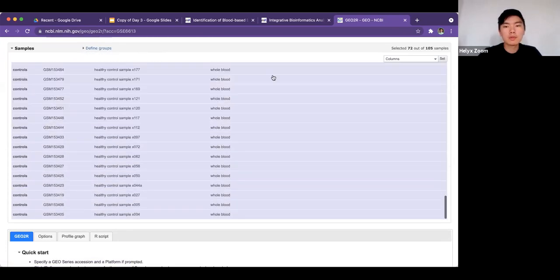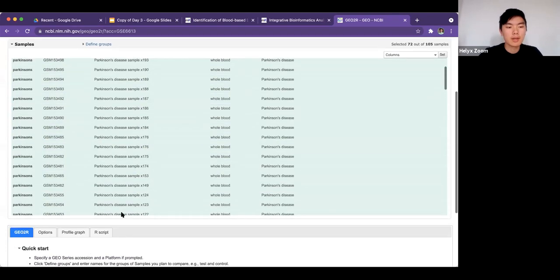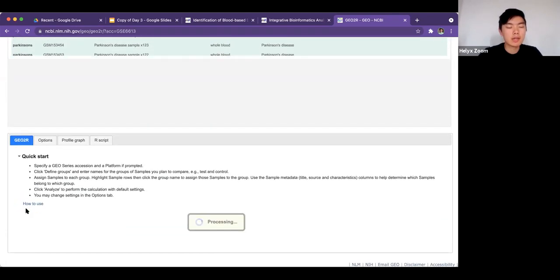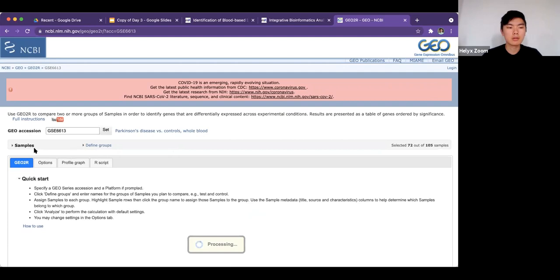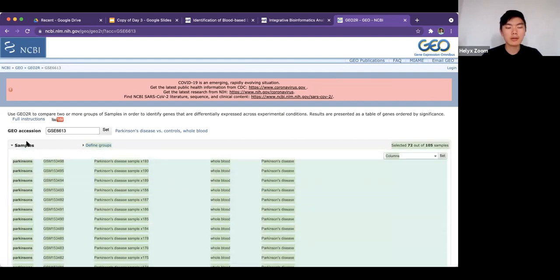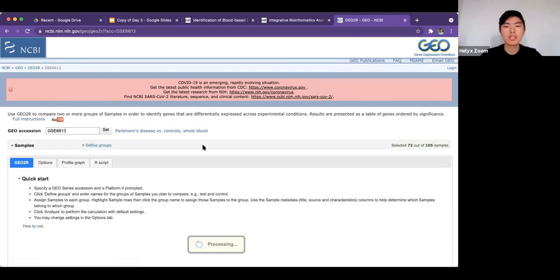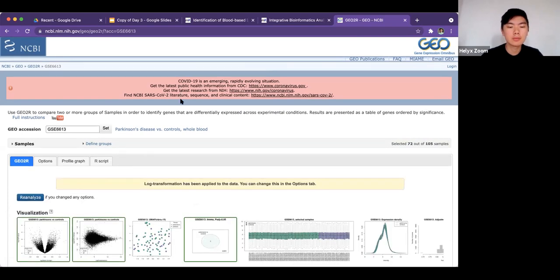So now we've told the online tool, we've told the computer, which samples are my controls and which samples are my disease. Next, you're just going to click Analyze down below, and it's going to perform a differential expression analysis. Essentially, for each of the samples that you have selected above in this selector window, it's going to find out the expression level it has for each gene, and it's going to perform a statistical test. So it's going to be like, okay, for this gene,